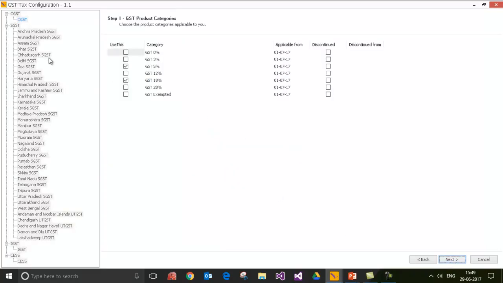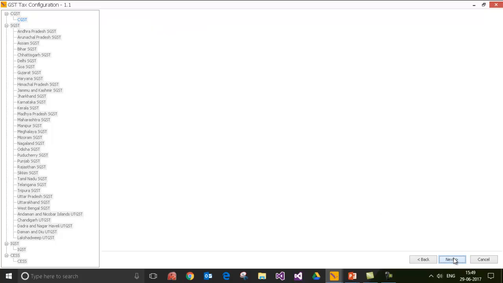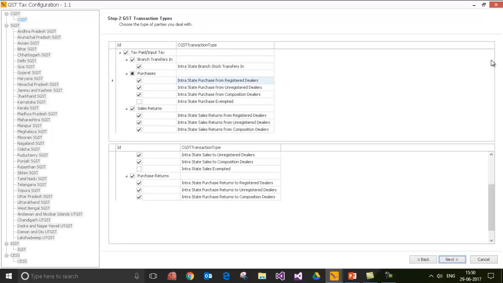So the first thing you do in the configuration is choose which categories apply to you. Wings comes with pre-configured categories, and out of the pre-configured categories you first choose which categories of products apply to you. So I have chosen 5% and 18%. Click next. Then the various business scenarios which apply to you, that is in purchases, whether you are dealing with